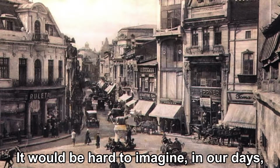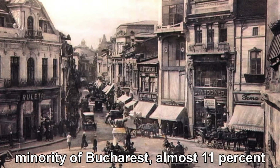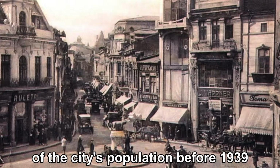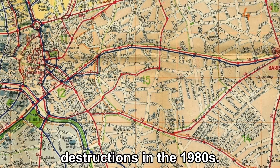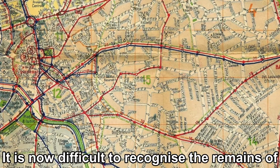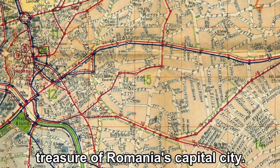It would be hard to imagine in our days that the Jews were once the most numerous minority of Bucharest, almost 11% of the city's population before 1939. The Jewish quarter was one of the most affected areas after the massive destructions in the 1980s. It is now difficult to recognize the remains of what once used to be the Jewish architectural treasure of Romania's